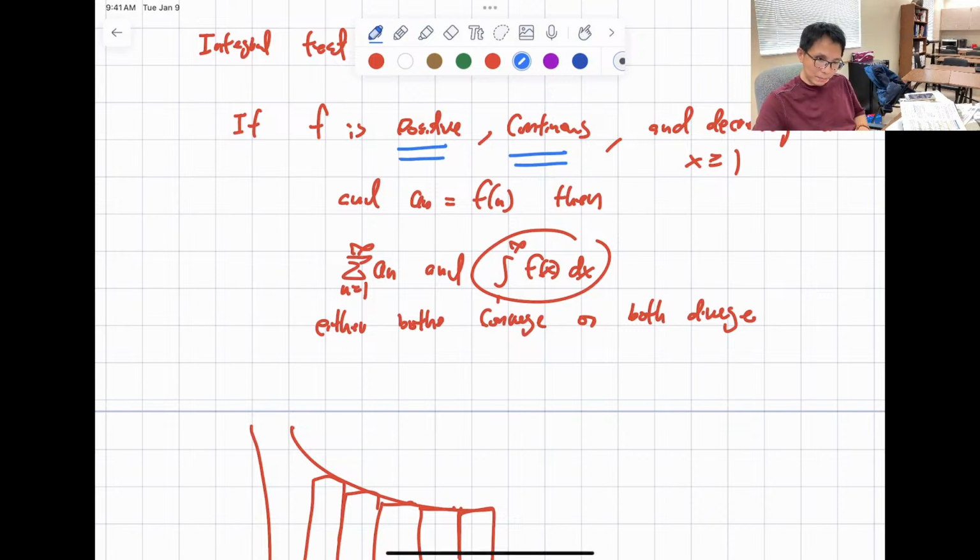Now, it has to fulfill those three conditions. It has to be always positive, always continuous. You cannot have a non-continuous function, at least from 1 to infinity. Is that okay? So I call it CPD,